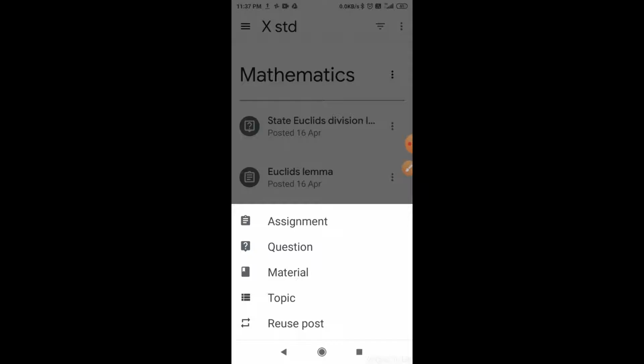Assignment, question, material. If you take question, you can have only one question of any type, like multiple choice, short answer or long answer. When you ask a question from here, students can answer there only. There will be a place provided for them to enter answer. If you want your students to do it on a paper and upload it to you, then select this option, assignment.